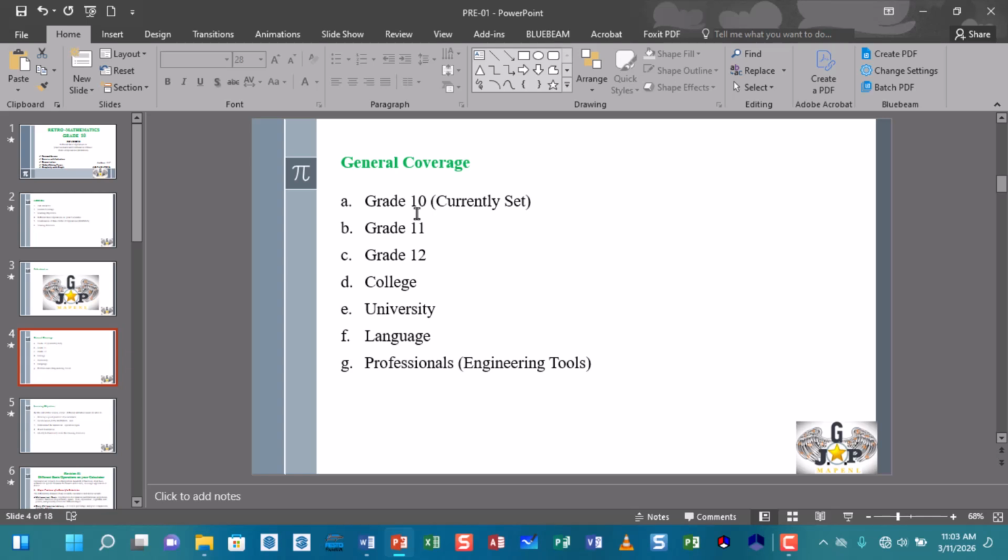There will be a playlist for languages, and there will be a playlist for professionals, engineering. Because myself, I'm an electromechanical design engineer, so I will be depleting myself in each and every environment, each and every grade, in each and every academic or professional